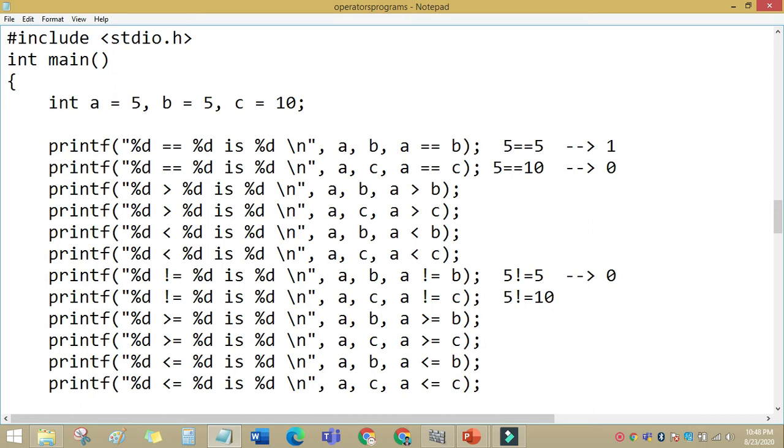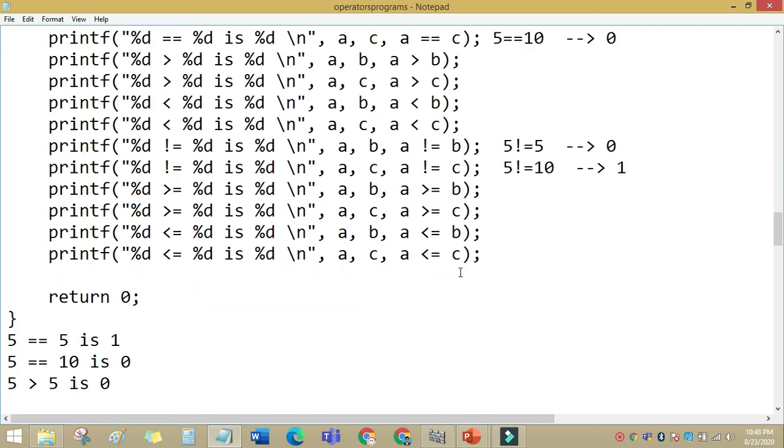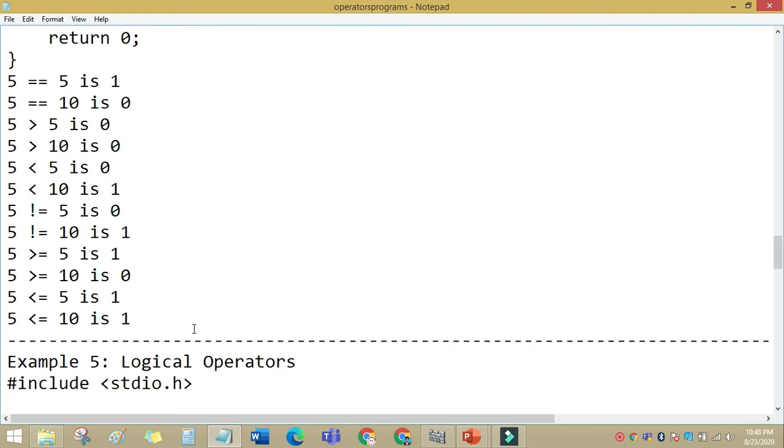See the example of the equal to and not equal to results. If it is equal, 1. If it is not equal, 0. But the value is the same value I declared here. Only the operator differs between the first statement and the second statement. So this is the method of declaring the relational operator. And this is an example: 5 less than 5 is 0. It is checked with the corresponding operator and operands, and gives the final result. So this is an example.